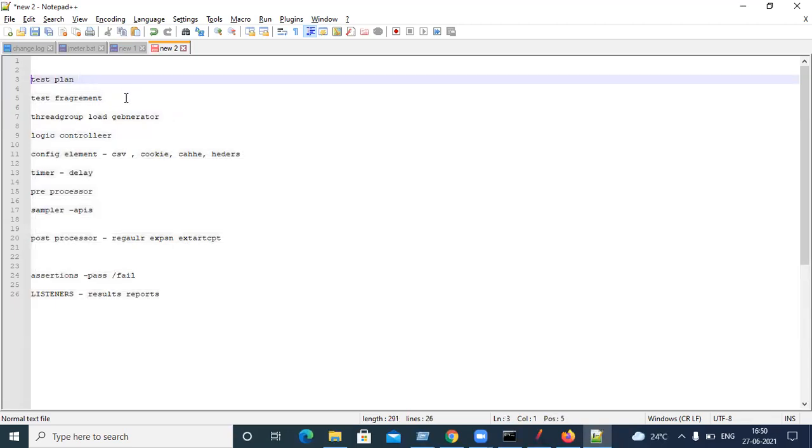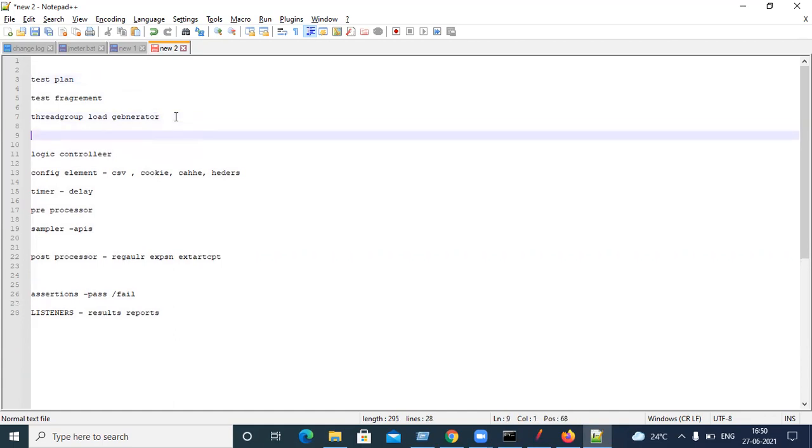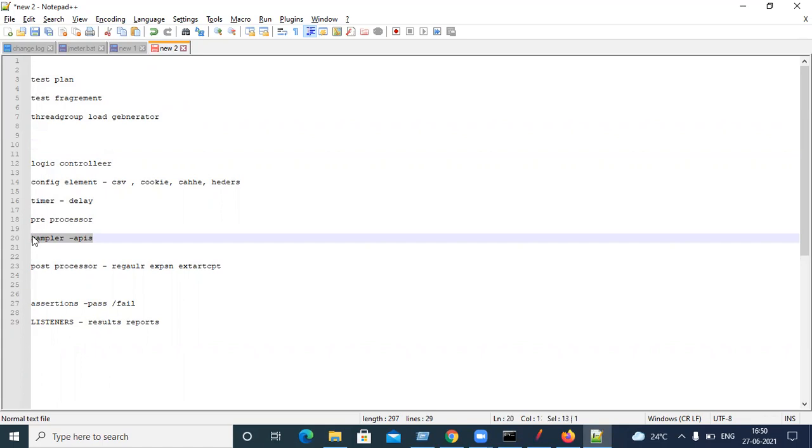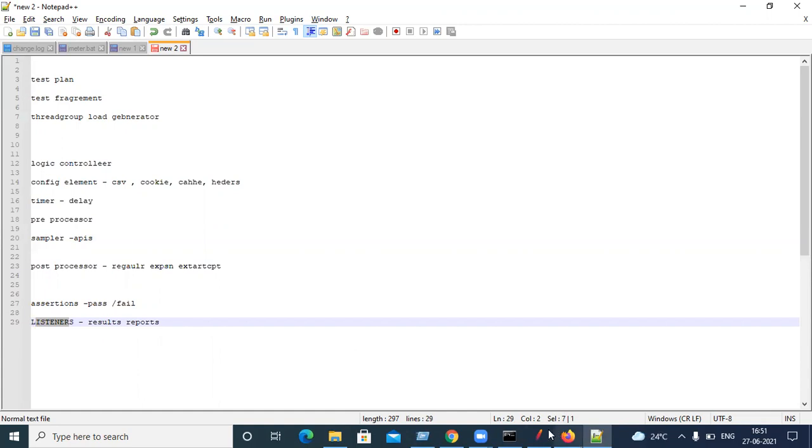So now let's see. Ignore the first 3 because they are in the root, and they're compulsory. Now there could be an order. Because we have this many components, is there no order? How does our tool work? There could be some sequence. Let's take the sampler as our main one, because this is where we are sending a request and getting a response. After the sampler only, the listener will execute, because this is the place where we'll see the report output.